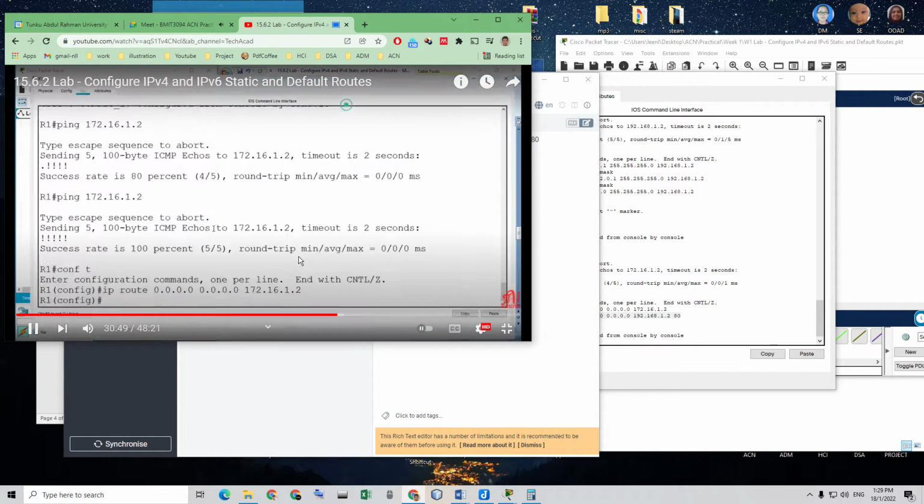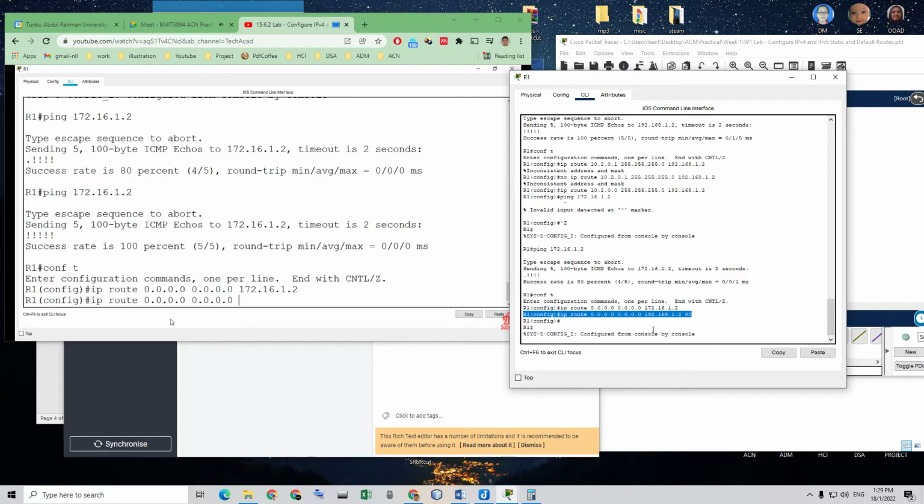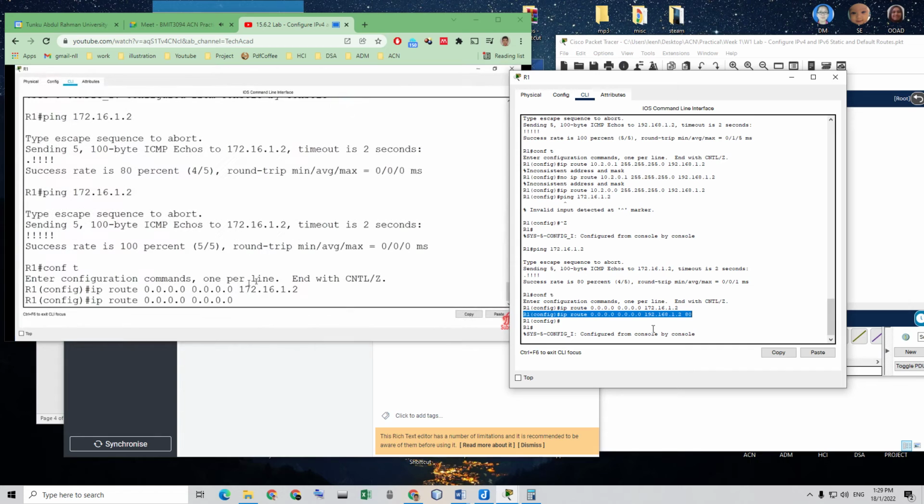So coming to R1 again, here we'll give ip route 0.0.0.0 0.0.0.0. We have to use the IP address of this interface G0/0/1 in this router R2. Already we have given that it's